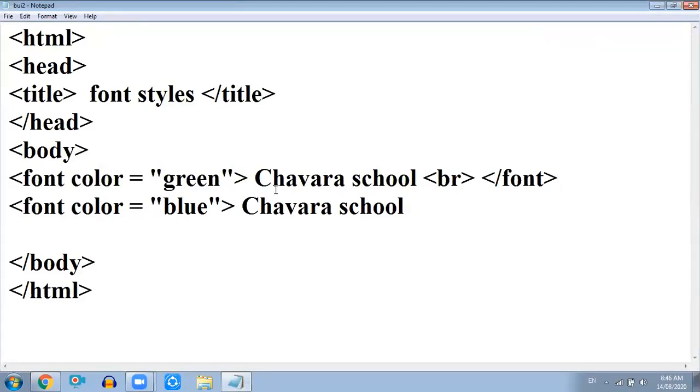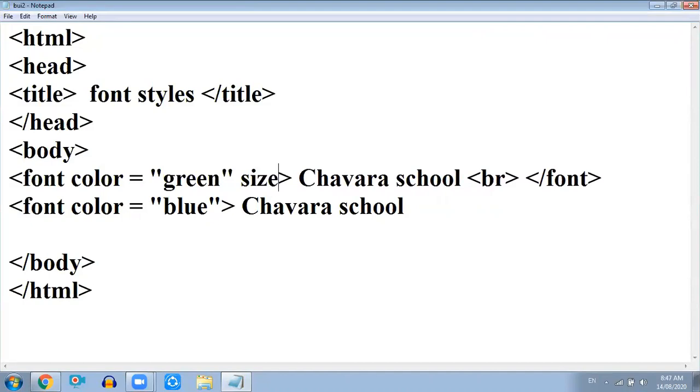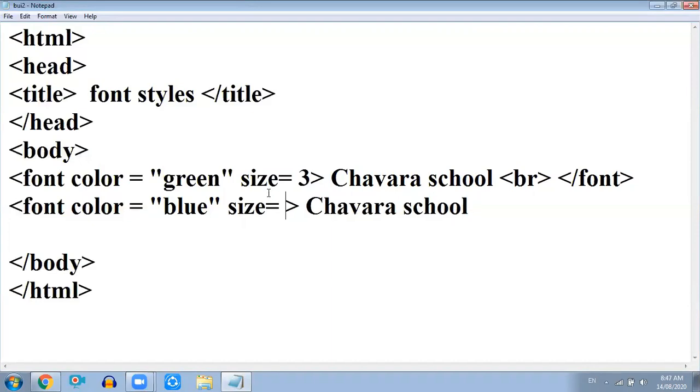In the same way we can apply a different size. So let's learn how we can apply the size. When we want to apply the size, we can write after the color attribute, size. When you want to specify the size, you need to write size and whatever size you want to apply to it. We can apply 3 to this, okay, and to this we will apply 5. Okay, two different sizes I have applied, 3 and 5, so we can understand the difference between them.